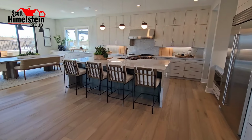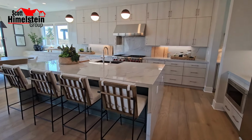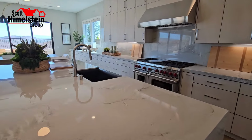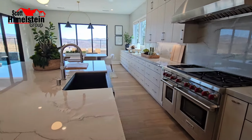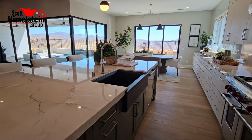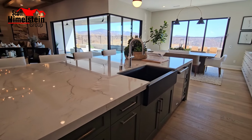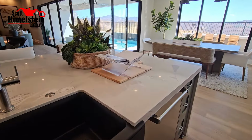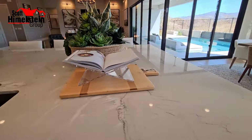So the kitchen over here has the upgraded waterfall edge island counter. It's a pretty large one and pretty standard what you see these days by Toll Brothers. If you remember their homes in Porter Ranch or some of their other ones, maybe up in the Skylark collection up here in Valencia as well, right? So you have your